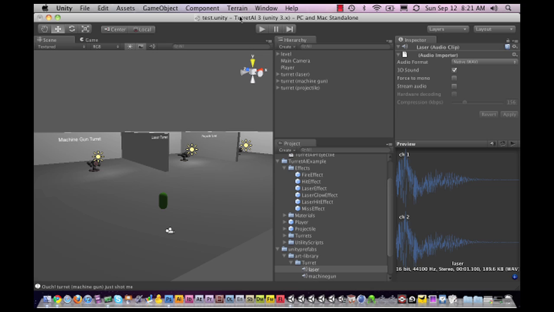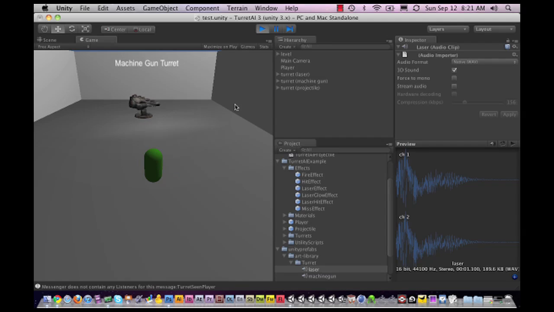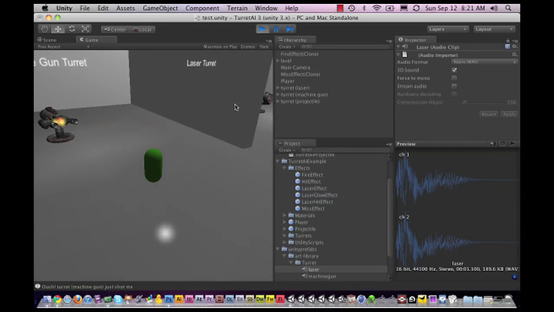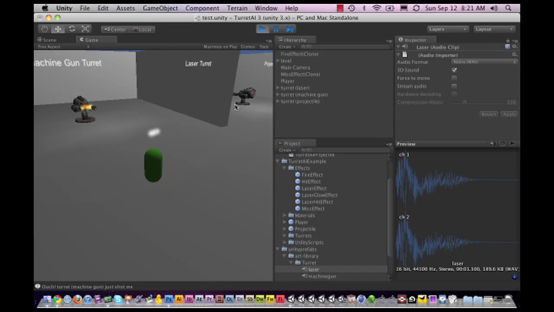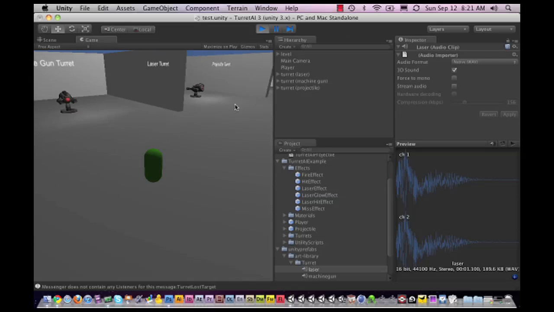Now first let me demo what we have here. We have 3 towers. First of all, we have a machine gun turret. If I get closer, it notices me, it turns around and it starts shooting. As you can see, there's some particles at the point where it shoots, and there's some particles at the player